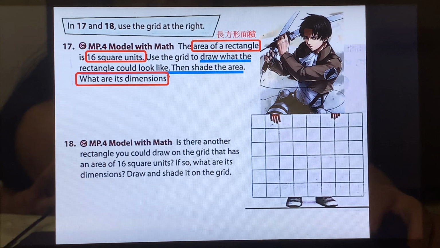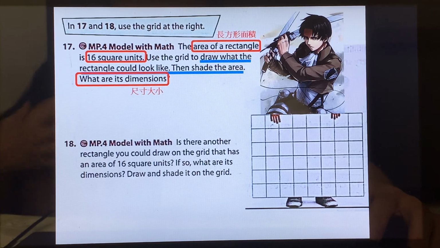What are its dimensions? 有一个长方形呢，它的面积就是16个格子这么多。请你把它画出来，然后把它涂满。然后要写出它的尺寸大小。通常我们在写 dimensions 的时候呢，就会写长乘宽，会把它的 length by width 写出来，这就是 dimension 的写法。